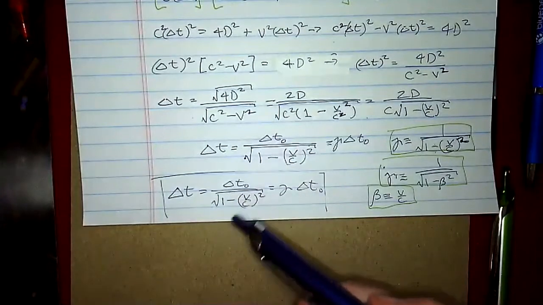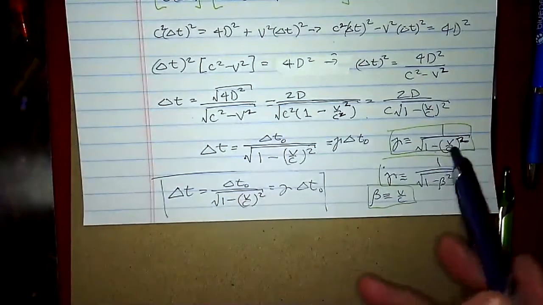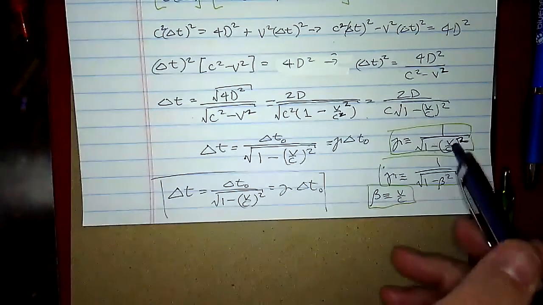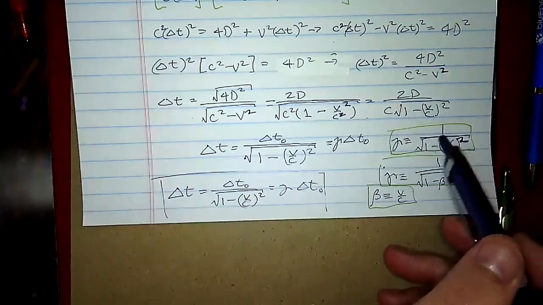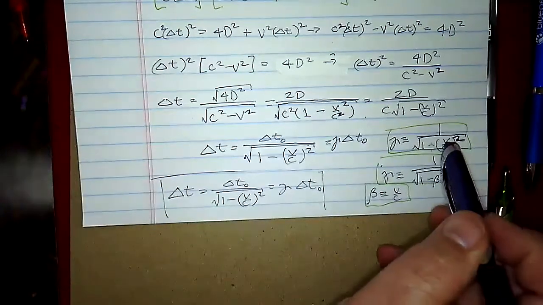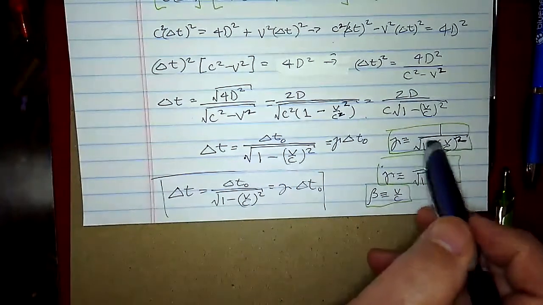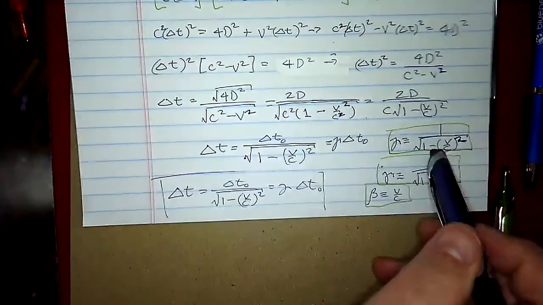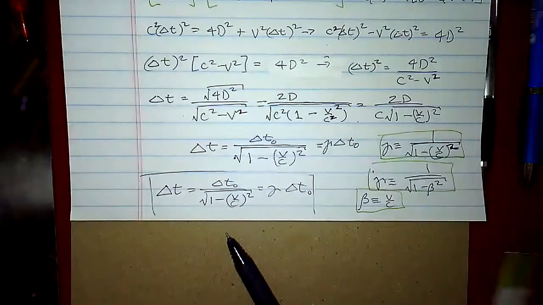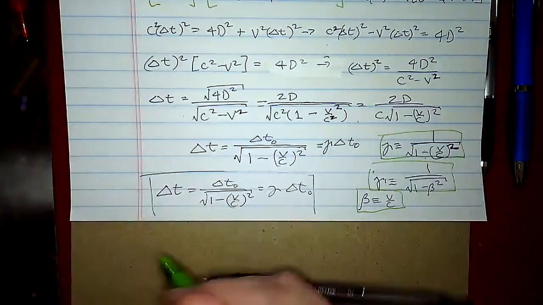If you look at this gamma factor, which is this quantity here, v can be at best c, but this quantity is always going to be less than 1. So you take 1 minus something less than 1, and you get something that's less than 1. You take the square root of that, you're going to get something that's less than 1. And 1 divided by something less than 1 is bigger than 1. So one of the rules we need to learn is gamma